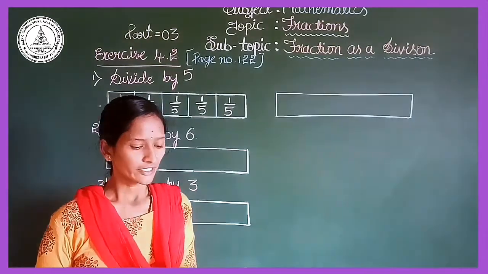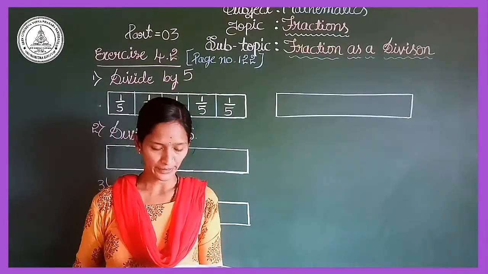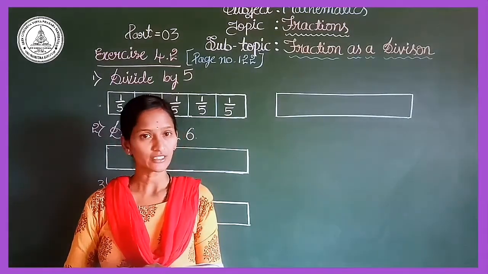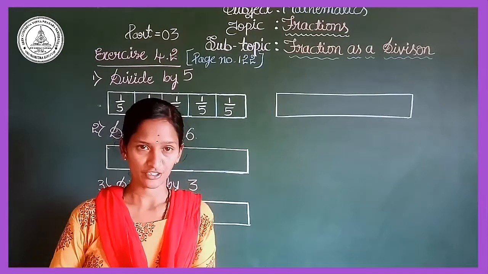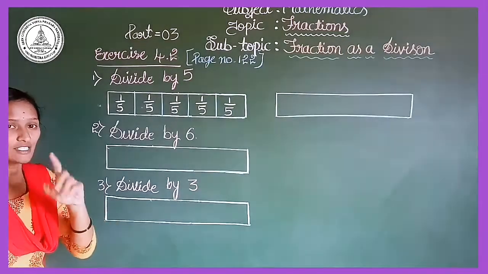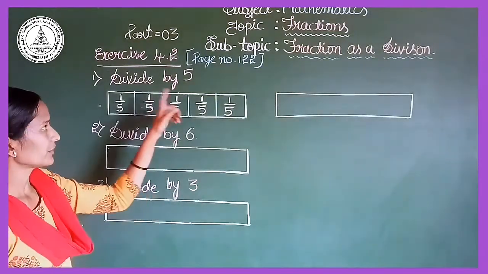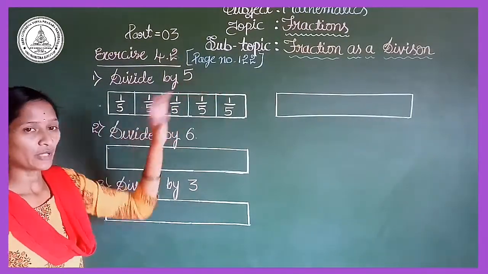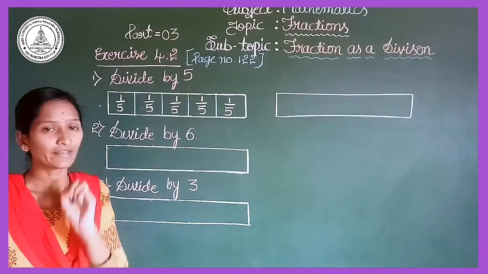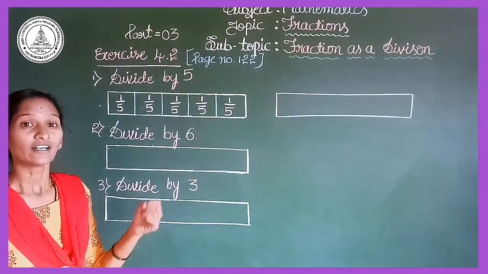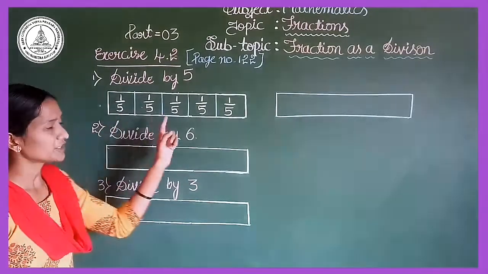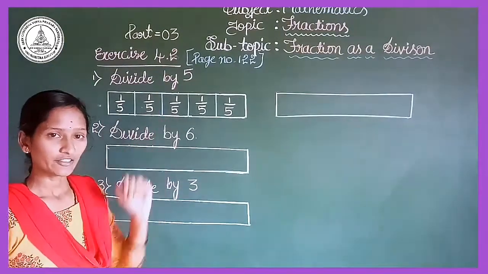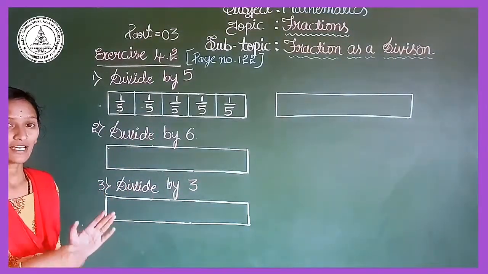I am reading the headline. Listen here. Given below is a rectangular piece of paper. Draw a line to divide this paper according to the number given. Write the fraction. So in the first example, they gave divide by 5, which means this sheet of paper you have to divide into 5 equal parts and write the fraction in each part. See here, this answer they already gave in your textbook. Now I will explain